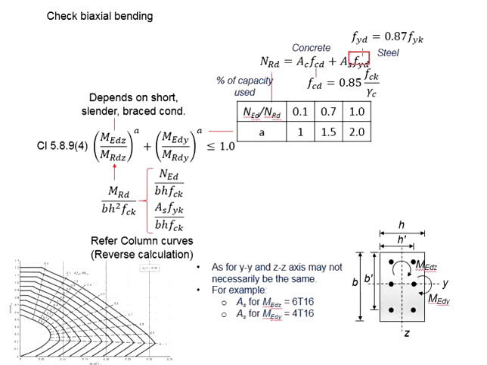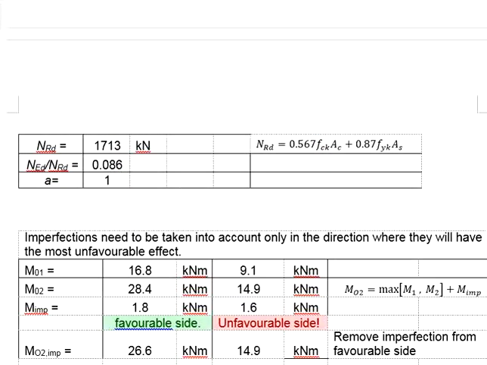Multiply with FYD, which is 0.87 times FYK. FYK is 500 as given in the question. Substitute the values into the equations. You get axial load resistance of the column equals to 1713 kN. Get the ratio of NED per NRD. NED is given